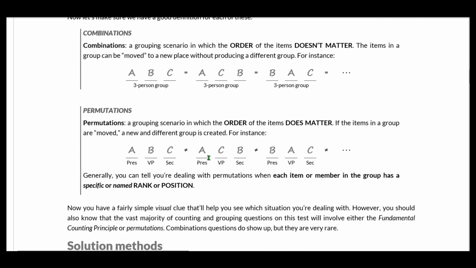Down a little bit further here in the middle of the page, we talk about the difference between a combinations question and a permutations question. In a combinations question, I'm going to go ahead and highlight some stuff here. Order does not matter. We can move the items in any particular group around to a new place, and we do not produce a different group. So if I have Al, Beth, and Casey,